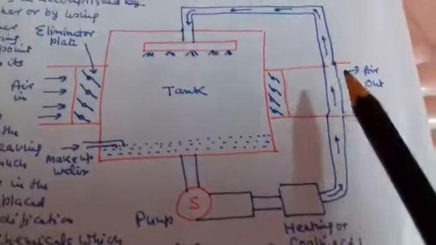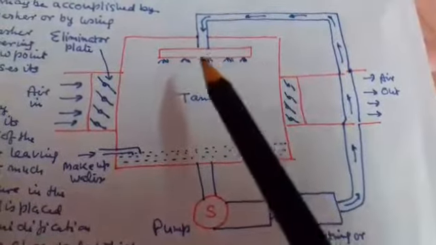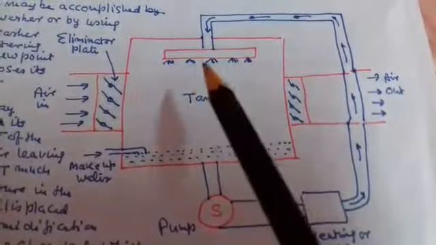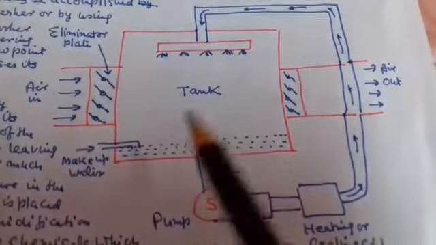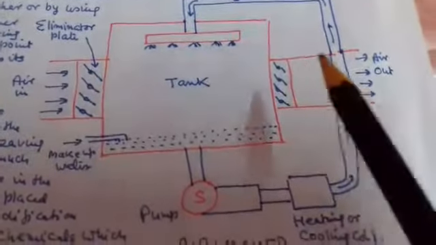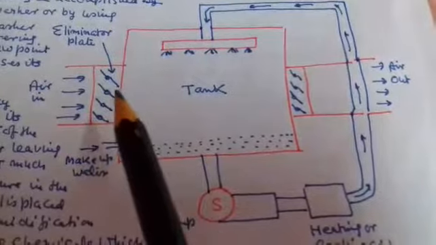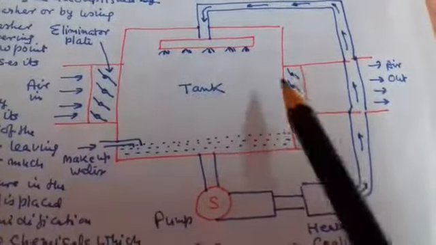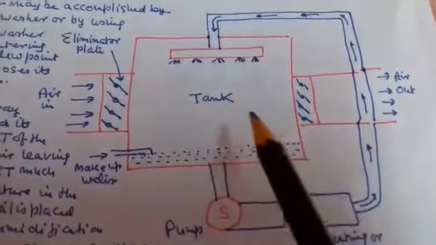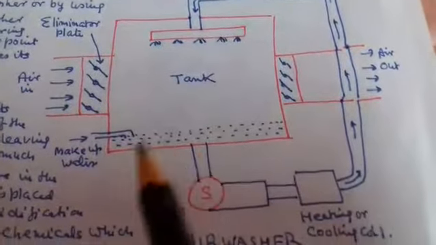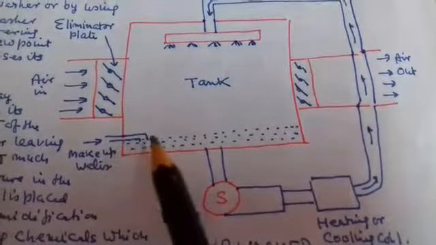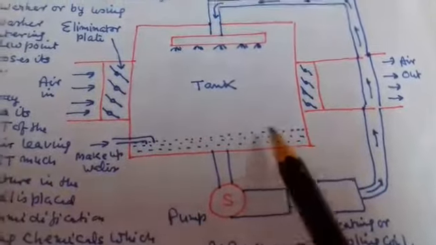So water is being sprayed over here, and because evaporation of the water takes place, eliminator plates have been provided so that the water droplets should not go out. Even then some of the water is being consumed, so a makeup water arrangement is also there, which fixes the level of the water inside the tank. So this is the line diagram. Outlet air which is going out is humidified or dehumidified as per the requirement.